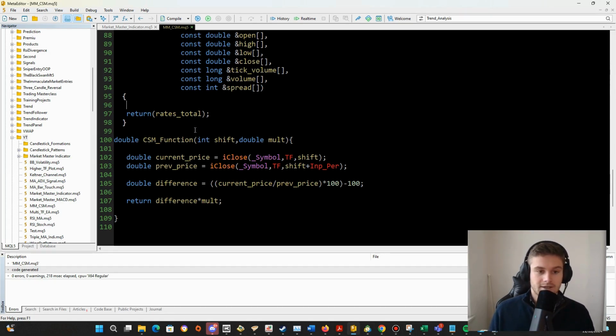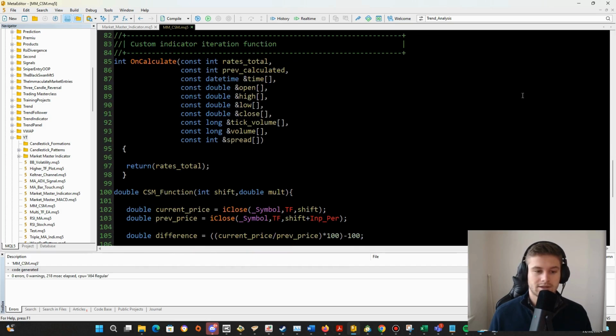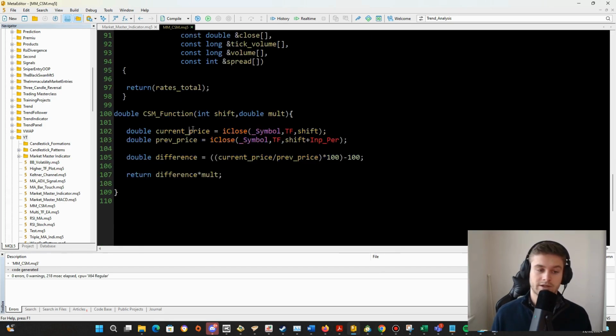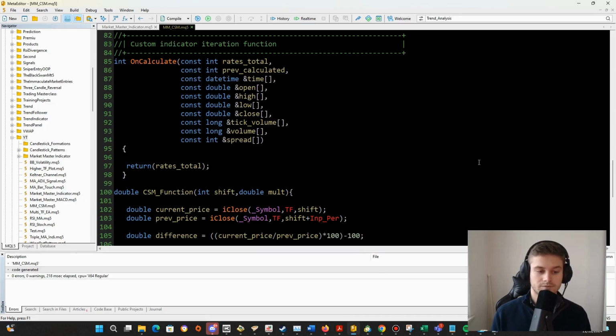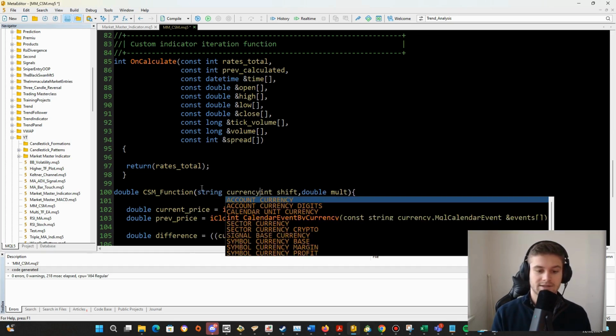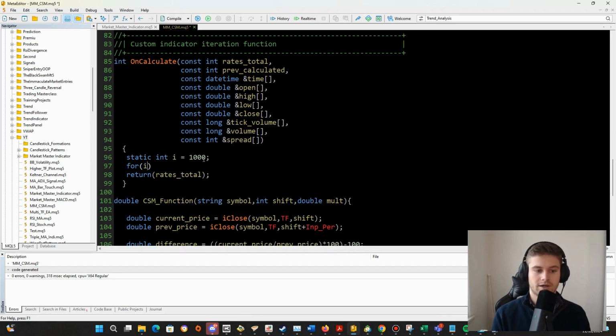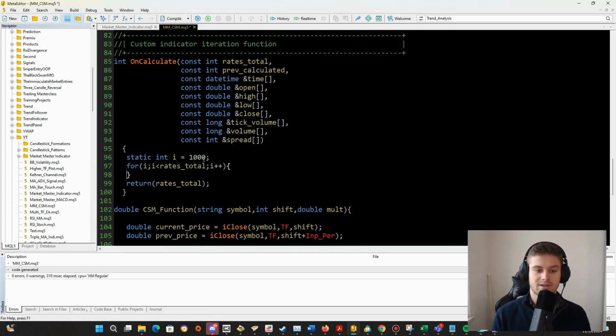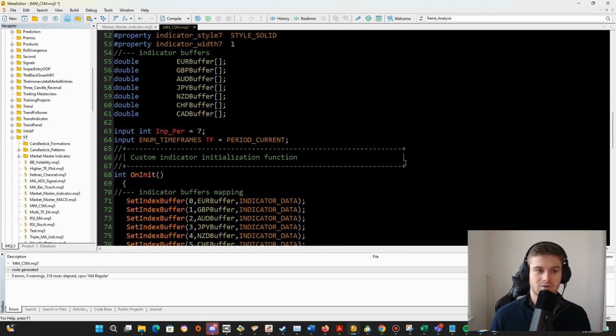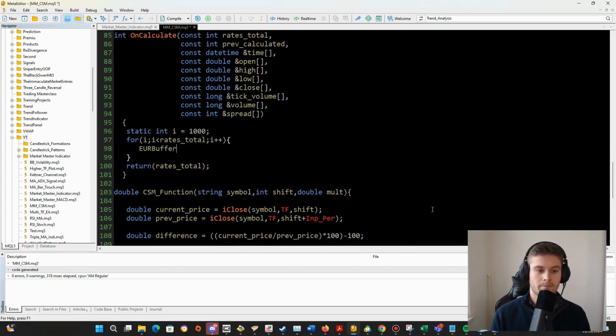If not, I'm sorry. So now I have to create a for loop and calculate these values for each of the currencies I have. One more thing, I also of course need the currency symbol. So I will just replace this symbol by this symbol. Now static int i is equal to 1000, for example, and for i lower than rates total and i plus plus, I will do this. So now, euro buffer,